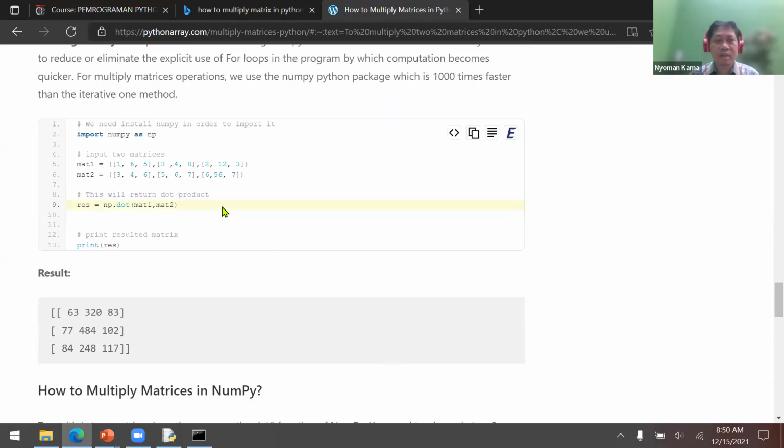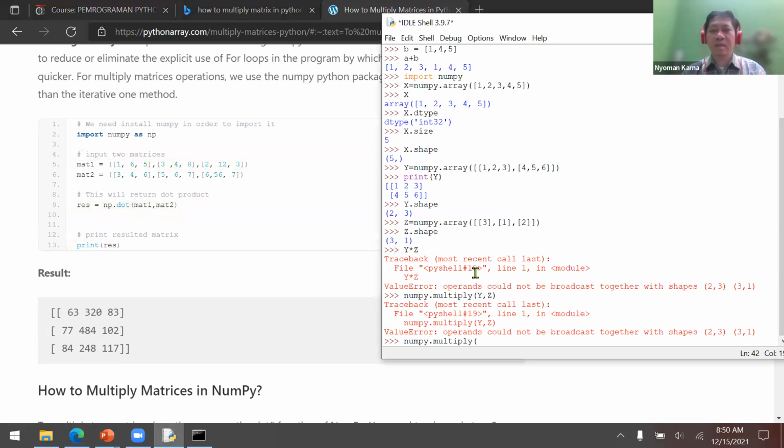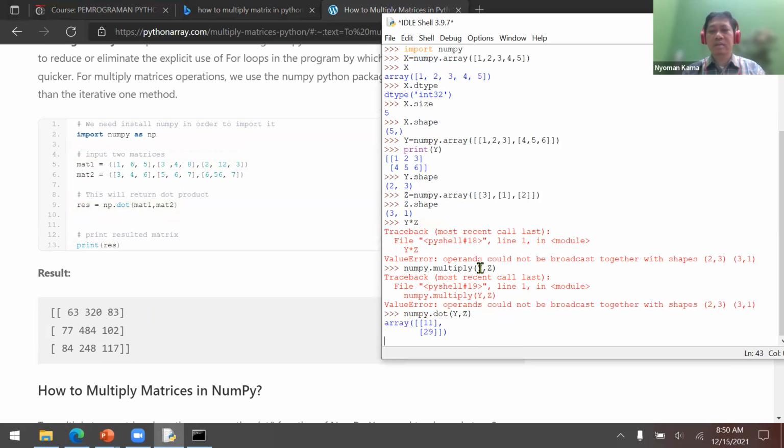This one, okay, this one is using NumPy. It's using dot. Okay, so let's try it out. Not multiply, but dot, y and z. Okay, so it will result in 11 and 29.